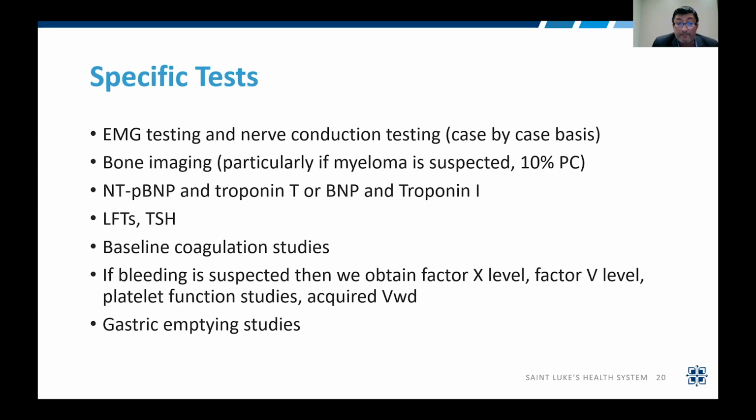The staging markers are very important: NT-proBNP and troponin T, which I will go to in the next slide about the staging. Or Dr. Sanchorawala and her group have actually shown BNP and troponin I staging, which is also pretty comparable. LFTs and thyroid functions, coagulation studies. And if bleeding is suspected, we always obtain the factor 10 level on these patients, factor 5 level if they have advanced liver disease, platelet function studies, and acquired von Willebrand disease. And the gastric emptying studies, again, these are case by case, and we need help from the other specialists who are also involved in the care of these patients,